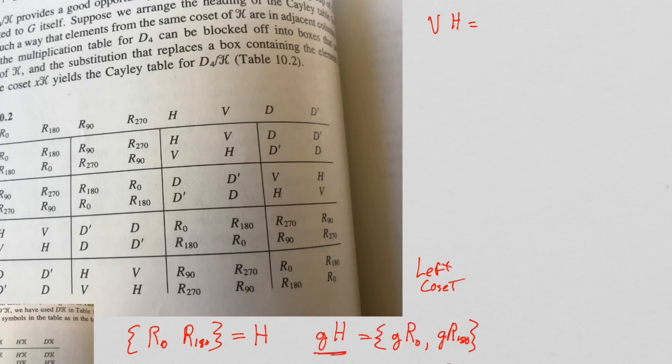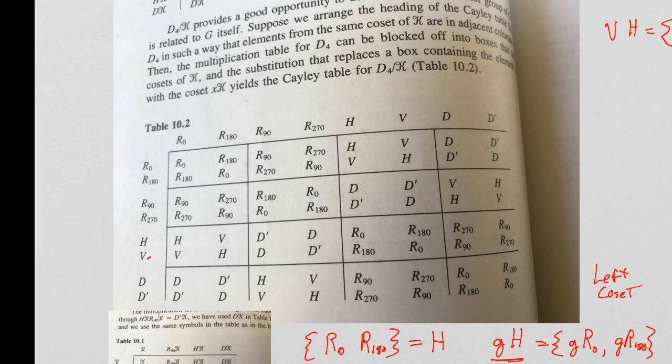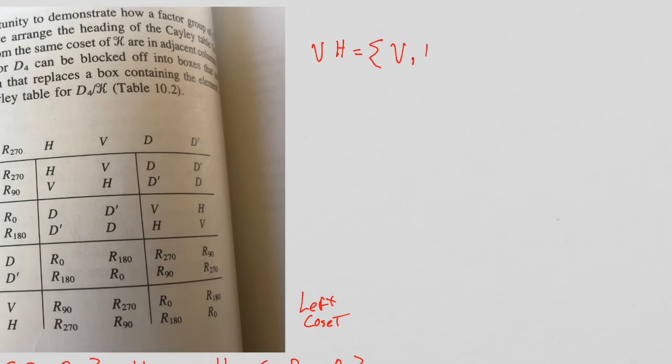Well, VH is going to be V times the identity, which is V, and V times R180 from the left, which is H. So I get V and H. Again, it's not a subgroup, and it never will be, right? You can see why this will never be a subgroup, because you're always multiplying by the identity, which is R0,